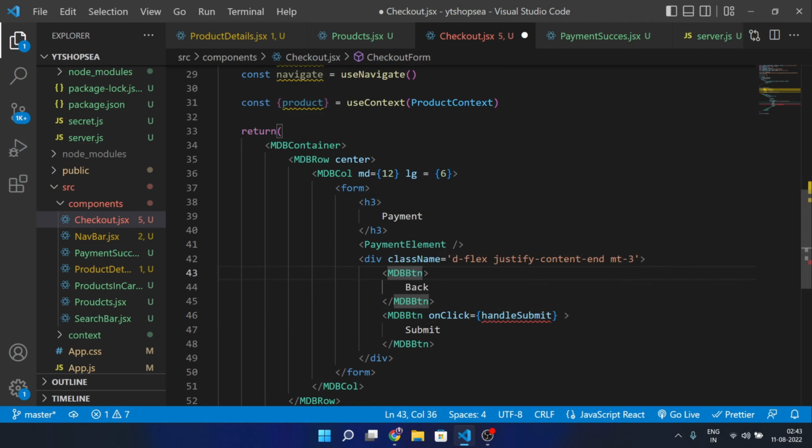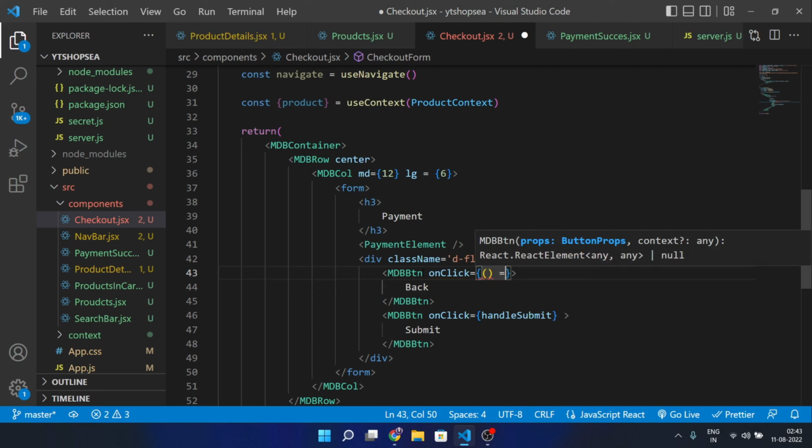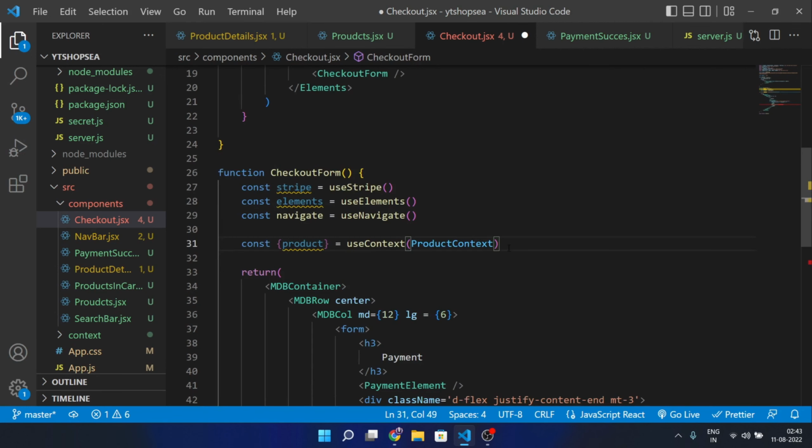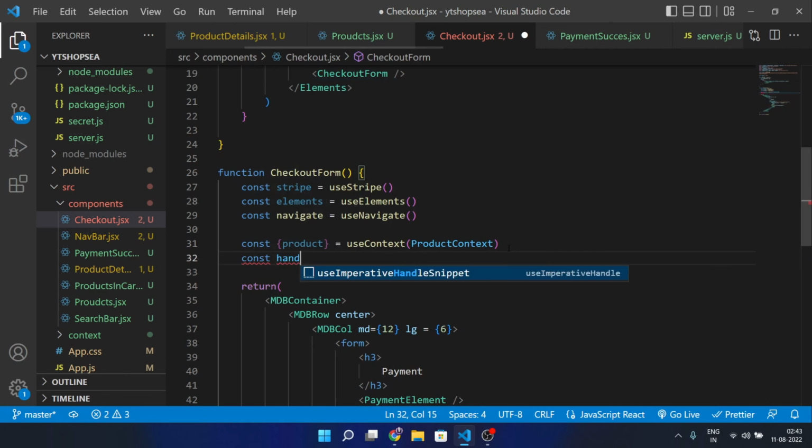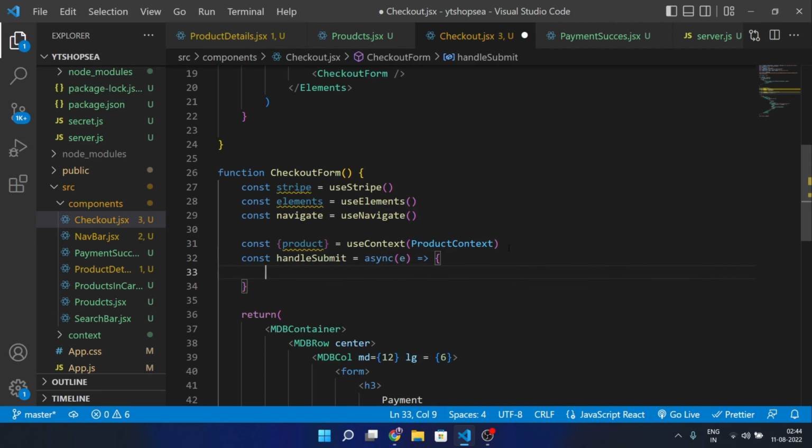On click of back, we will simply navigate the user to the home page, and on submit we will simply submit the payment. So for submitting the payment, we just need to confirm the payment using the Stripe. So for this, we will simply call this handle submit, and here we will simply call an async method, and here we have this event, and here we will simply